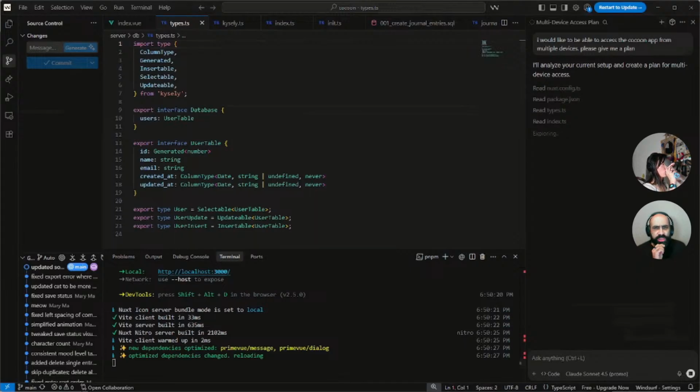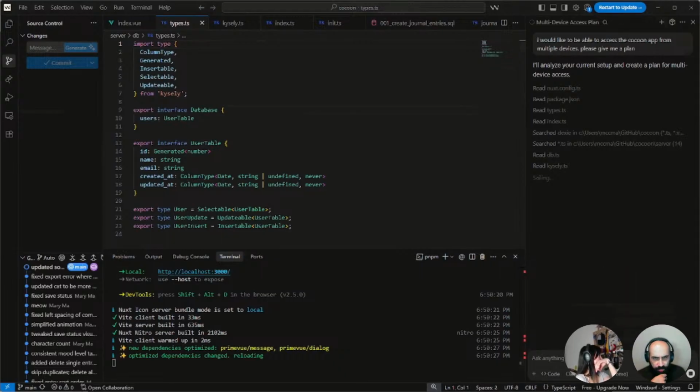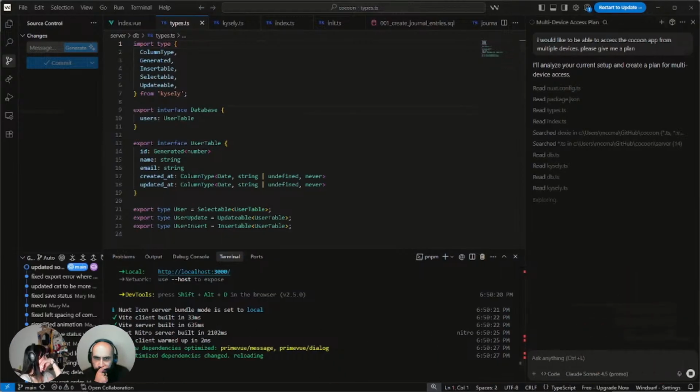Yeah, look at this now. It's like, I'll analyze your current setup is the first thing it's doing versus whatever SWE did, which is assume that we're kind of just free writing or just, I don't know. Yeah, this is nice. It's even looking at our front end or back end. Massive difference.